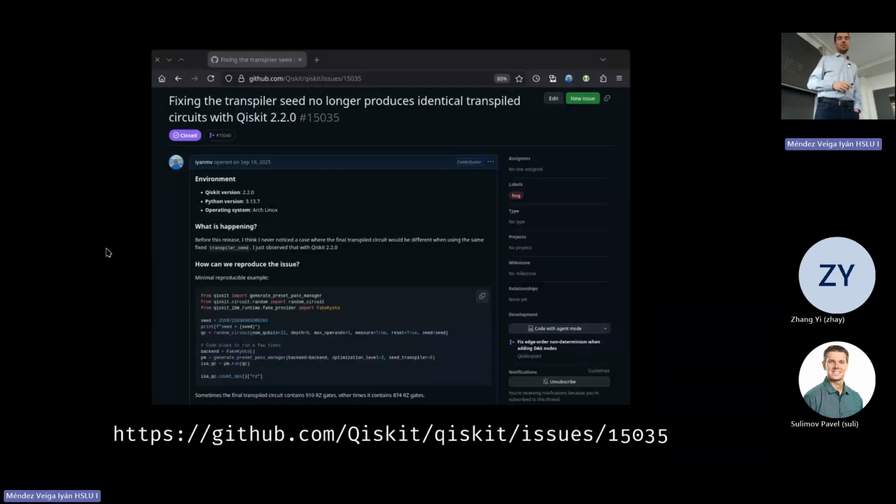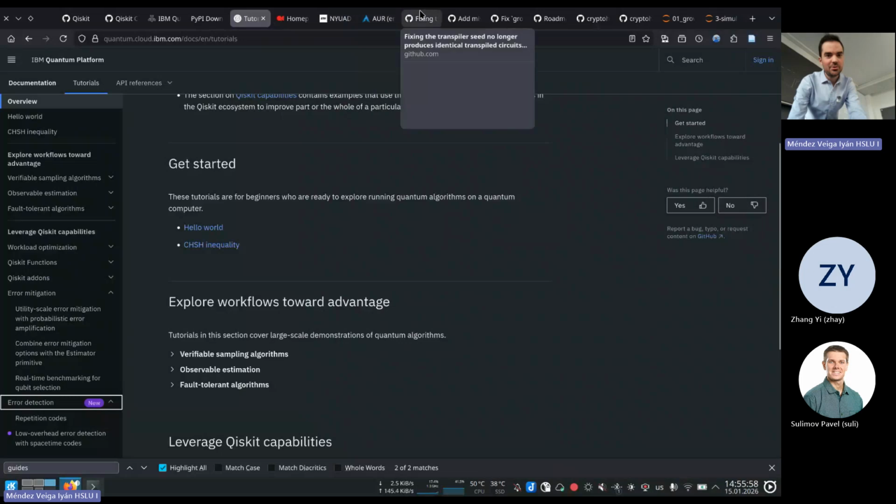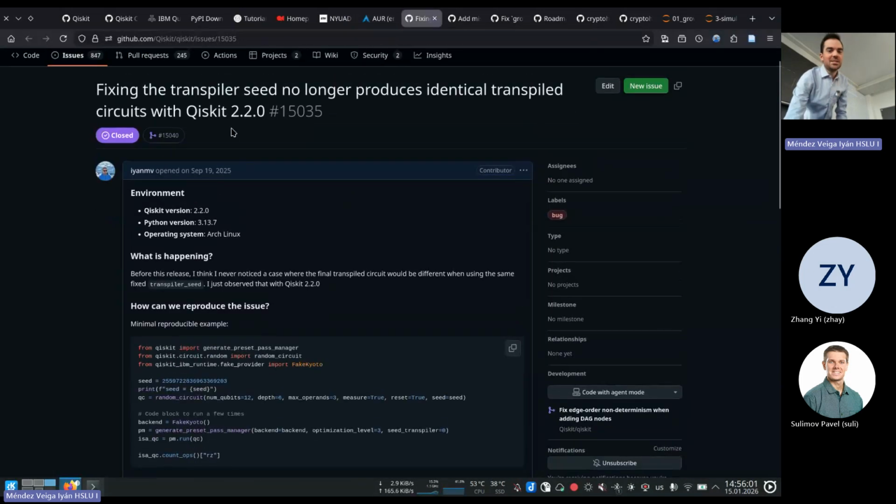All right. So these are the examples that I mentioned. I just took the most recent ones. So this is from 2025, so September. Let me show you here bigger. So this was Qiskit 2.2.0, so quite recent. It was reported September 19. I have a set of tests that I run myself whenever there is a new version of Qiskit, just so they don't break the exercises in our teaching course. So I just rerun that and I realized, oh, now this is not working. What's going on? And there was a regression.